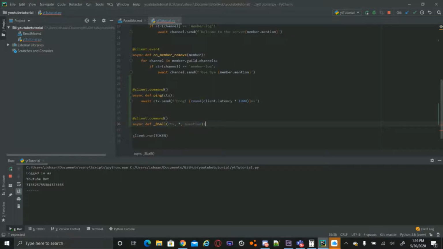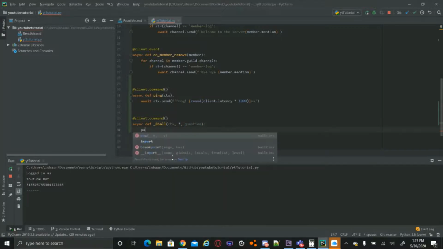So what the asterisk means is it's going to take in multiple arguments as one argument, which is a question. So question is what you're going to make. If you had just question, it'll only take one word. But if you add the asterisk, it'll take multiple words and characters. So now we can write possible responses